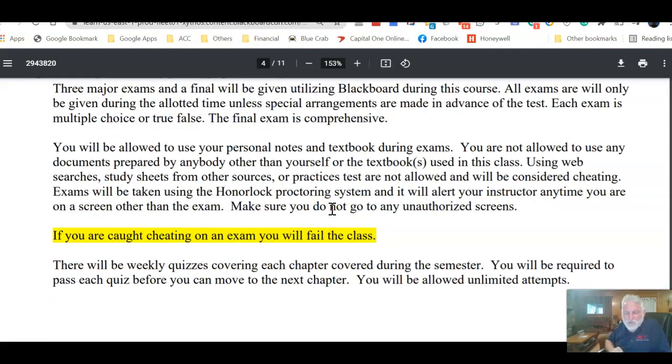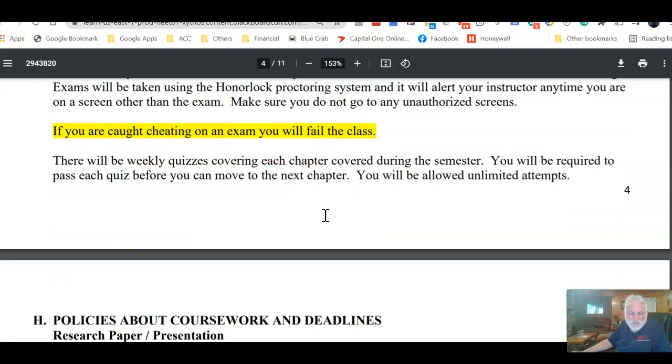In addition to the exams, you're going to have weekly quizzes, or chapter quizzes, over each chapter, and you'll have to pass that chapter quiz with a 70 or more before you can go to the next chapter. And you can also work at it till you get 100 on it. You've got unlimited tries, so you can try 5 times if you want to get 100. If you make a 90 one time and then you take it again and make a 70, don't worry, you get the highest grade, so you keep your 90. I wonder why you went down instead of up, but keep taking it till you get 100, because the quizzes are worth the same amount as an exam, and we'll talk about that in just a second.